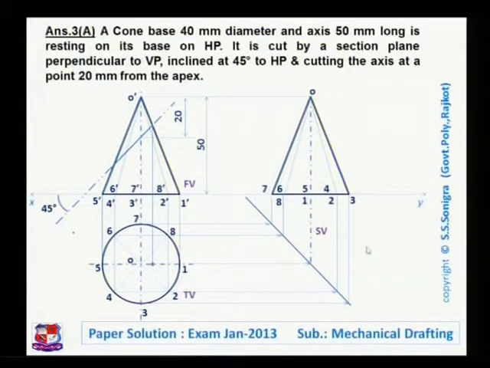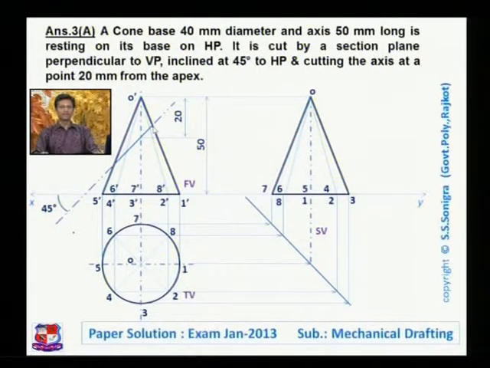let me start projecting the points. So for that, first we find the intersection of this cutting plane and the imaginary generators. Here O dash 1 dash is the front view of the imaginary generator and O1 is the top view of the imaginary generator. So here find the point of intersection between this cutting plane and here. So this is the point of intersection. From this point draw a vertical line like this, and that vertical line will cut this O1 at one point, this point. So this is the point.